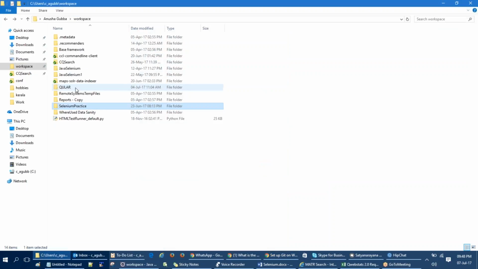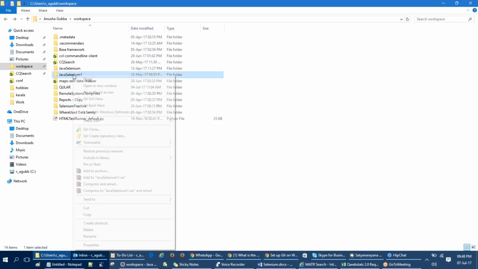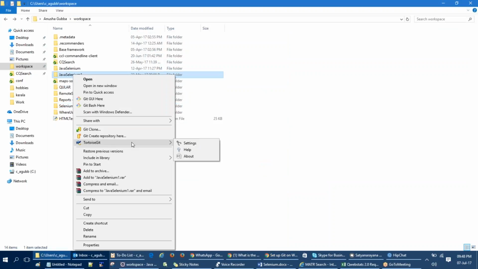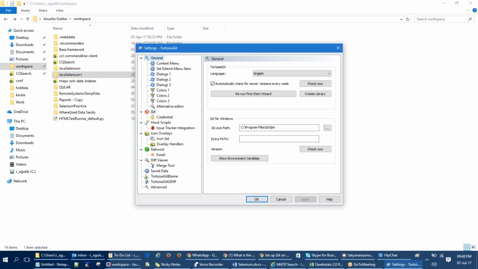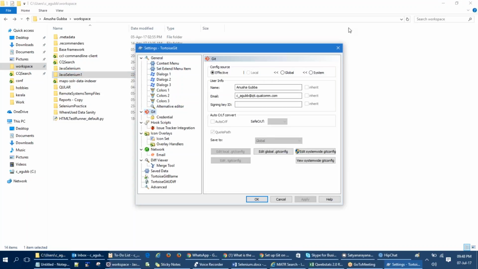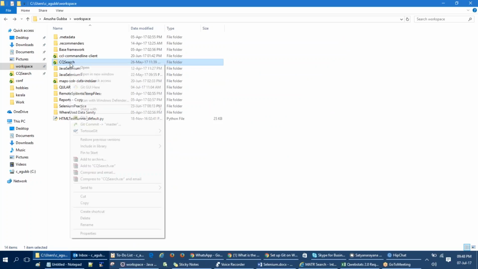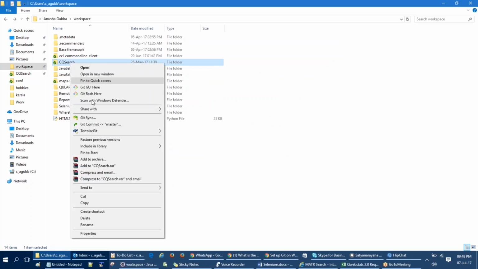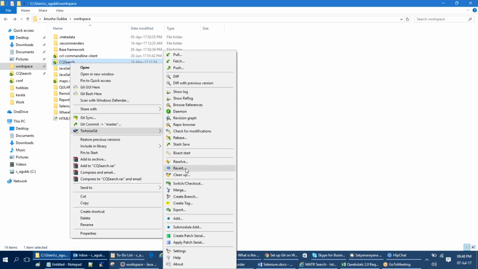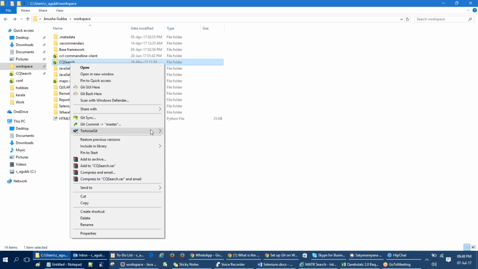After installing Tortoise Git, when you right click, this is how it is going to look. You come to settings and modify these settings. You give your username and email ID as per your organization. Once you have provided all those details, you will get a lot of options like this. Once all the settings are configured, you click on git commit master to send your code